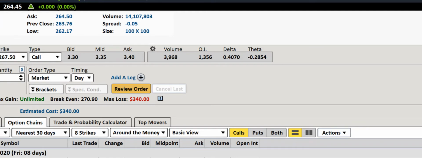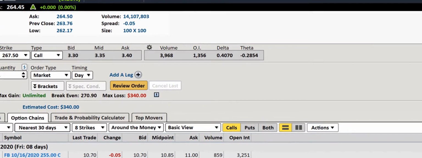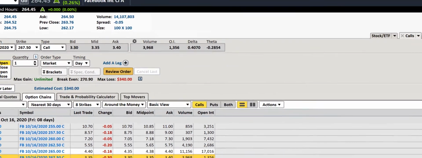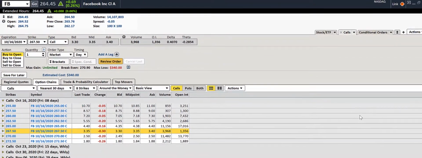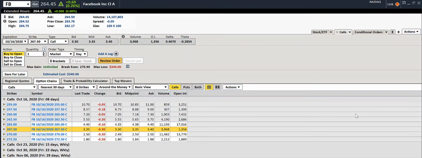And let's say that the stock price actually goes to 272.50. In that case, between now and October 16th, you'll have $5 profit because you will be able to buy the stock at 267.50 and sell it at 272.50, which is $5. So that's your margin on the actual transaction, but then you actually spent